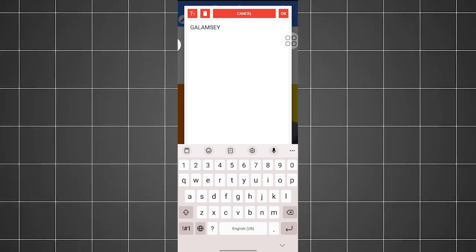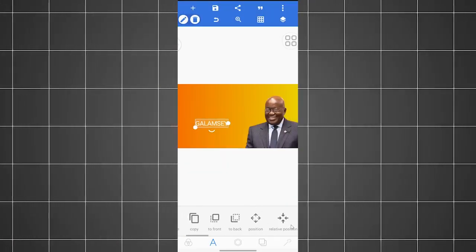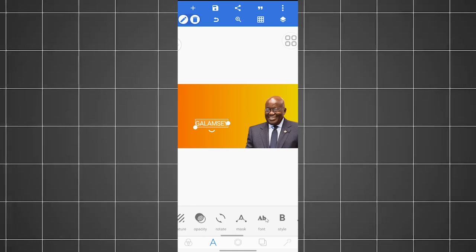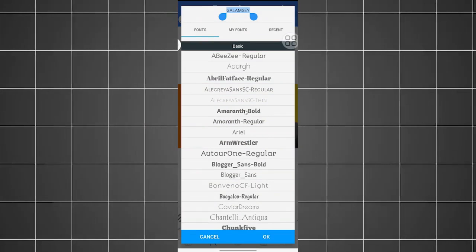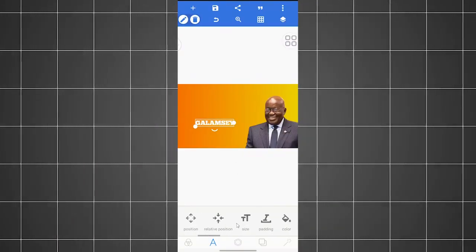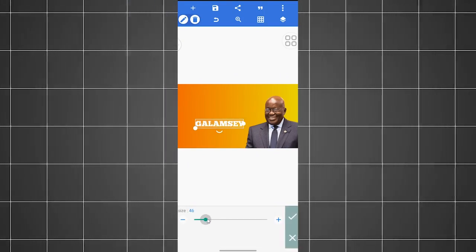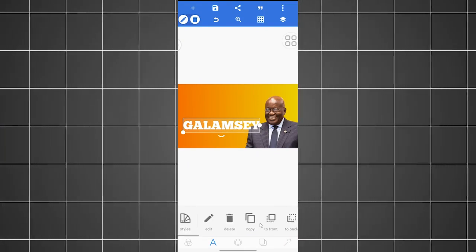Once you have that, scroll to the left till you see font. Click on font and then select this font right here, chunk 5. Click on OK and then scroll back to see size. Click on size and then increase the size a bit. Once you have that, click on OK and then let's change the